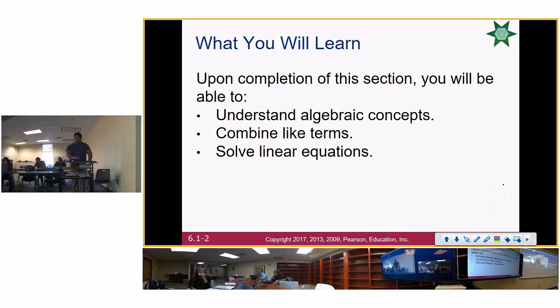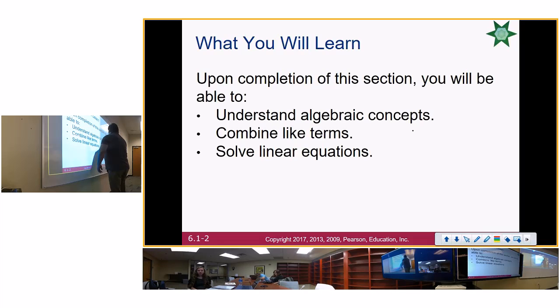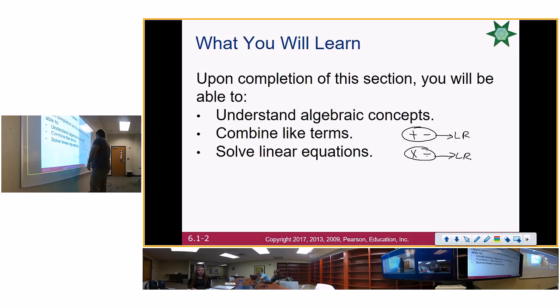There we go. So you have brother and sister, you go left to right. So you have addition, subtraction, and then you have multiplication and division. If you have these two, you go left to right. If you have these two, you go left to right. If you have a mix of the two,